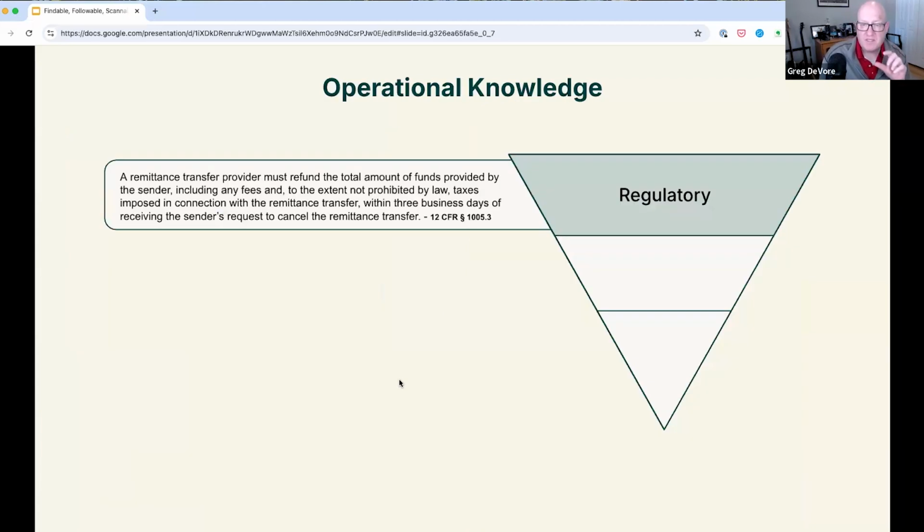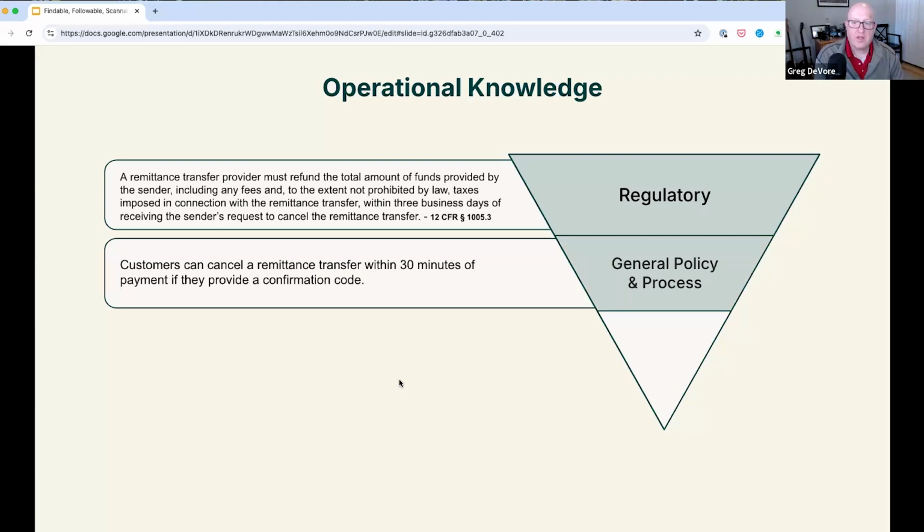Now, we're going to talk about a very specific type of documentation today on this call, so I want to help clarify what we're talking about here. Let's take, for example, a financial organization. We're going to talk about three levels of knowledge that organization has to deal with. There's regulatory. This is the same for everybody in their industry. It's available online, and it has all these rules that they need to follow. Somebody's going to take those rules and create general policy and process for it. This will usually be somewhere on a SharePoint drive with Word files that have your policies and your procedures.